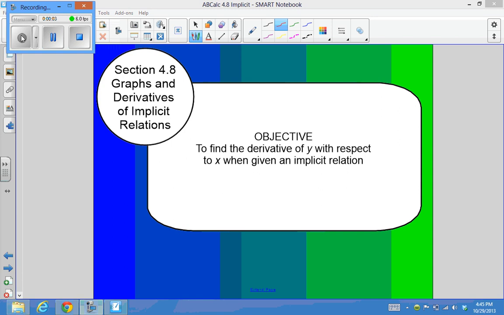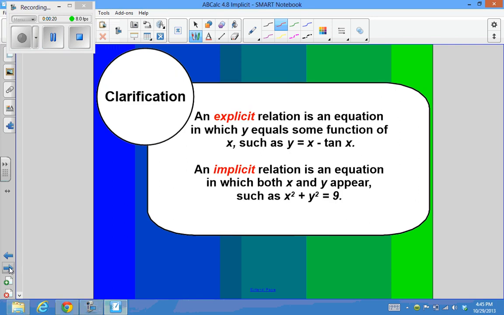Section 4.8, graphs and derivatives of implicit relations. Our objective is to find the derivative of y with respect to x. We've talked about this just a little bit already, when we're given an implicit relation as opposed to an explicit relation. Y'all didn't realize that there was a difference, but as we get into this, I think you'll be able to